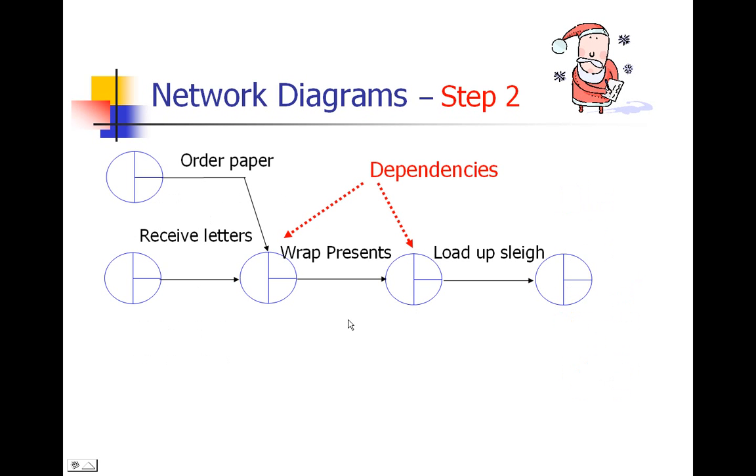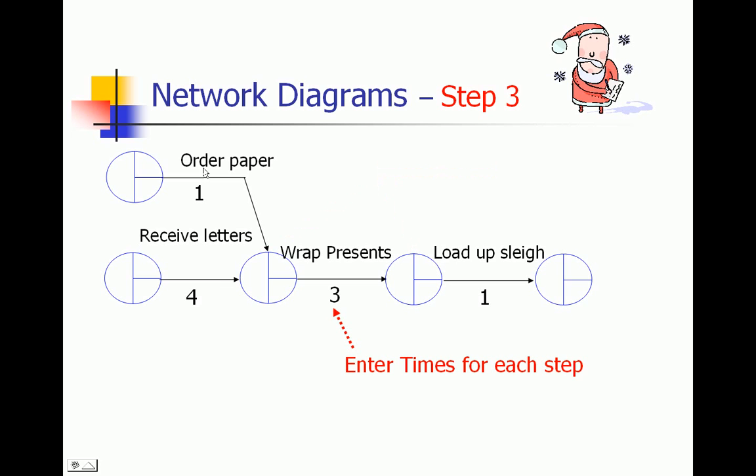If we then look at putting that together in a process map, we can see that we can't wrap the presents until we've ordered the paper, and we can't load up the sleigh until we've wrapped the presents, and we can't wrap the presents until we receive the letters of what people want. So we've created a simple network diagram. So we put the times in for each step,